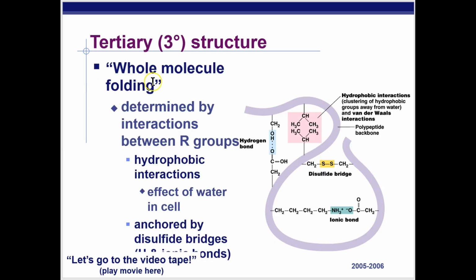Tertiary structure is the whole molecule folding, and that's determined by these R groups. So you notice this bend might have come because of an ionic bond, this one a hydrogen bond, and this because of a hydrophobic interaction. Those are methyl groups. Hydrophobic interactions cluster in groups away from water, and van der Waals interactions, short, temporary, but they're enough to cause these bends